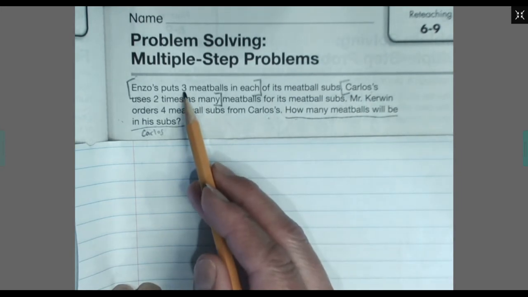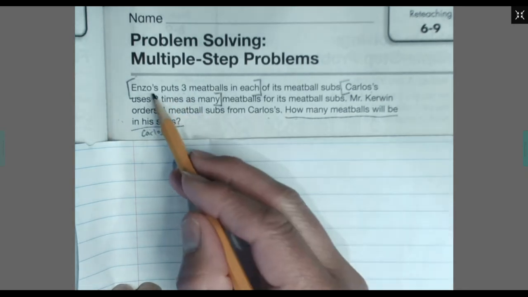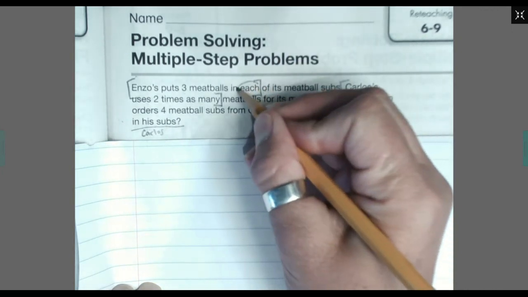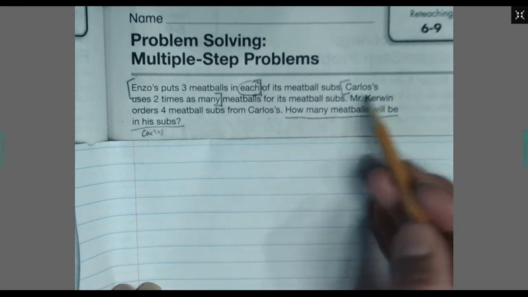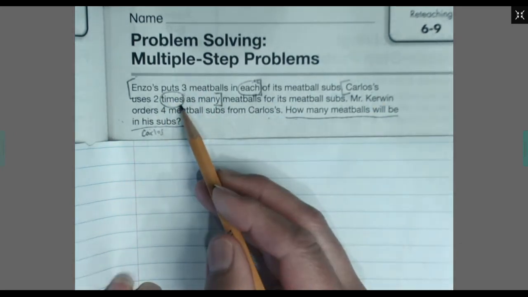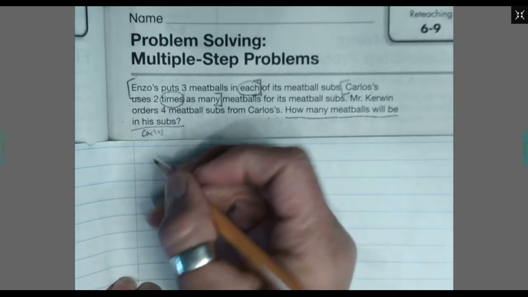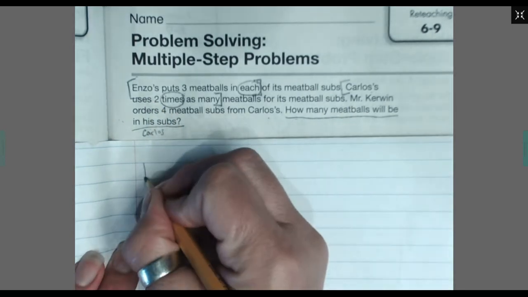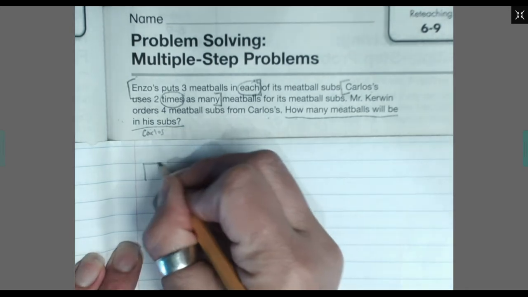All right. Do we see any keywords in there that we think we need to circle? Each. Each tells me equal groups. Times. That also tells me equal groups. We're going to be multiplying, because multiplying is equal groups. Okay. So Enzo puts 3 meatballs. So if we have Enzo's here,